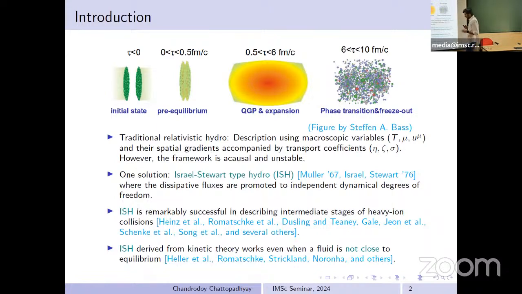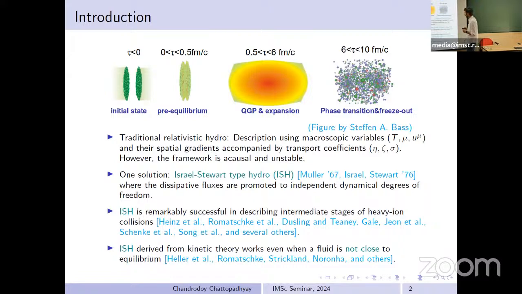This led to the idea that the quark-gluon plasma formed in these collisions is close to states of local thermodynamic equilibrium. Traditional relativistic hydrodynamics is a description based on macroscopic variables like temperature, chemical potentials,